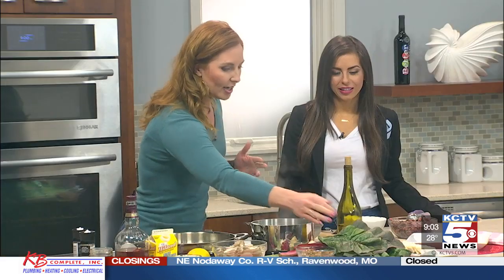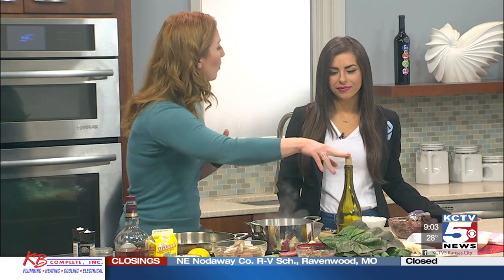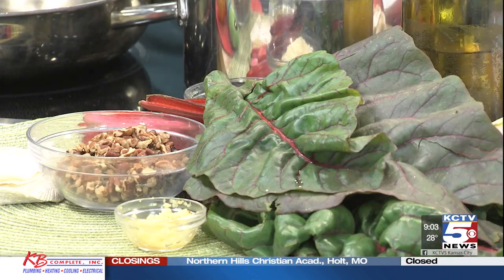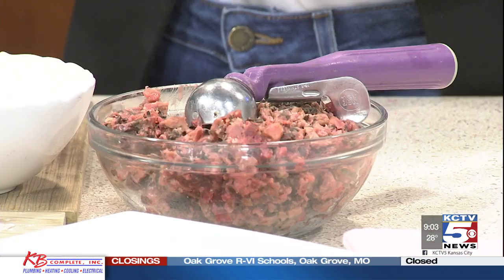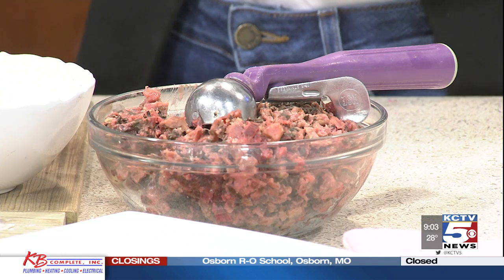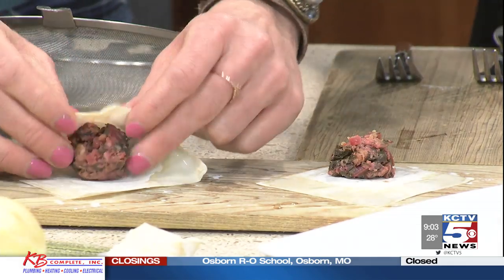So this is a nice treat, especially for your Valentine. We have Swiss chard dumplings. We're not going to do the filling, but what's in it: Swiss chard, pecans, onion, garlic, a little bit of Parmesan cheese, and of course white wine. Saute it all together. This is the filling, and that's what gave it its really rich red color. Absolutely, and it kind of tastes like meat. It's a shocker. You're going to find the wonton wrappers in the produce section and just fold them over like a